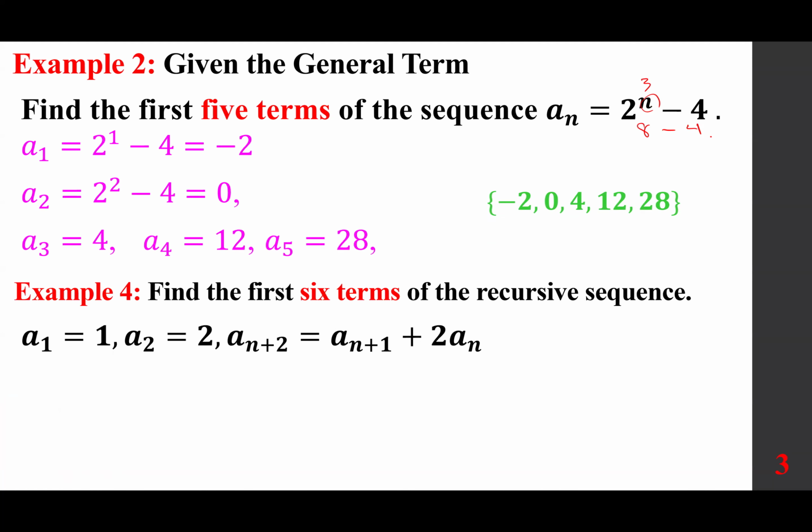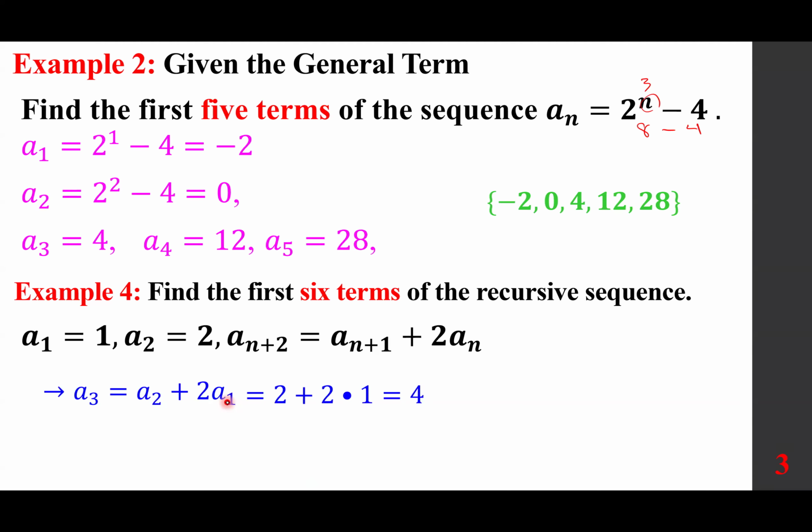Example 4, find the first 6 terms of the recursive sequence. A sub 1 is 1, A sub 2 is 2, and A sub n plus 2 is A sub n plus 1 plus 2 A sub n, which means if you're looking for a term, pick the one before that, and then plus 2 times the one before that. So if I want A sub 3, I have A sub 3 is A sub 2 plus 2 times A sub 1. A sub 2 is 2. 2 times 1 is 2, they add up to